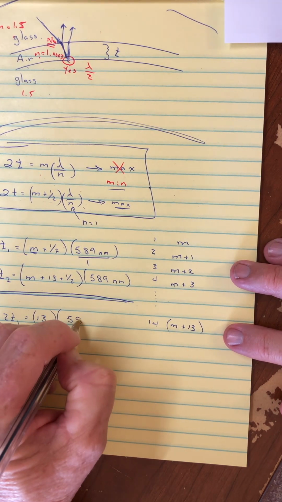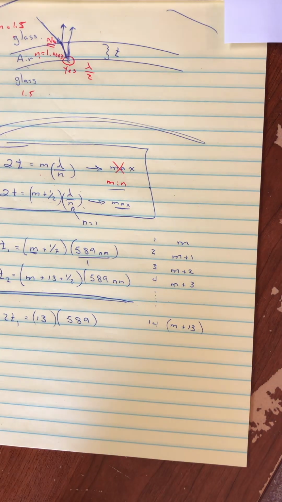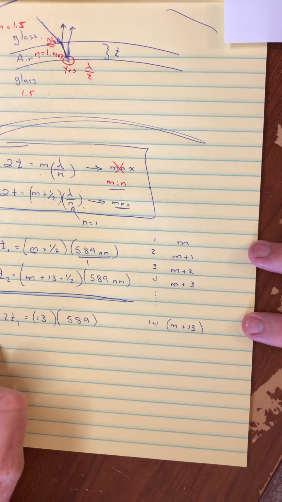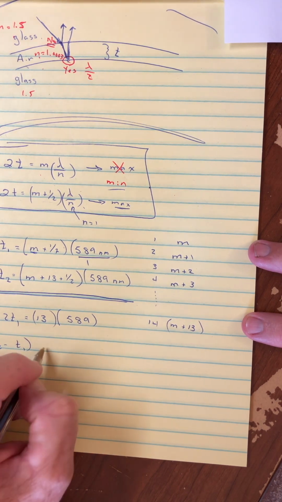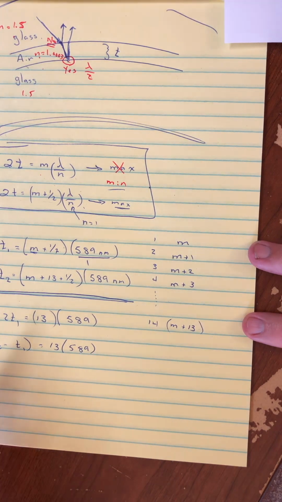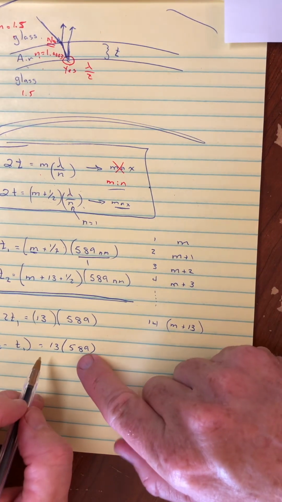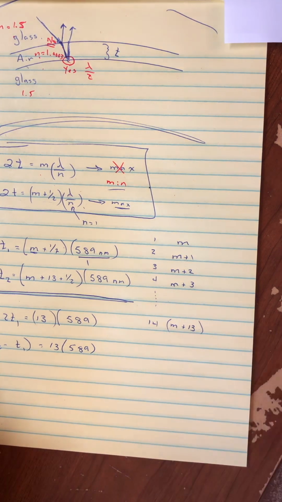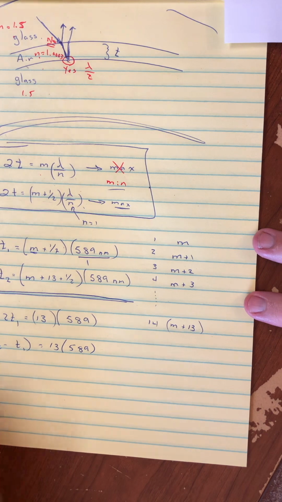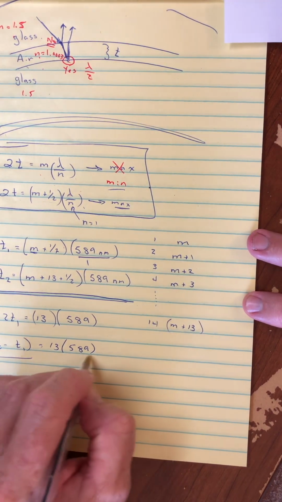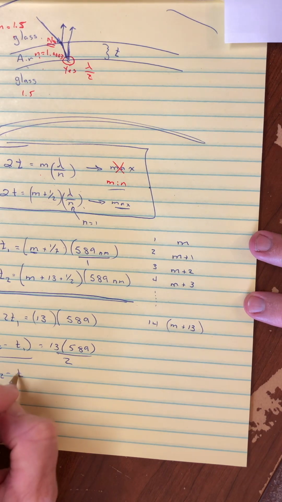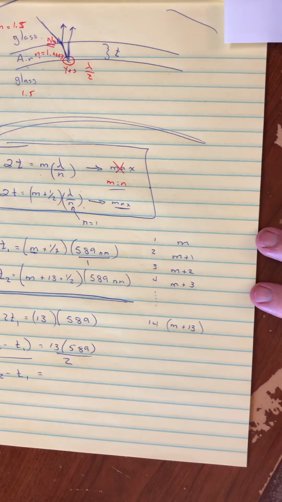Now, if I factor out the 2, I get what I'm looking for here, and that is that this increased by 13 half wavelengths. I'll bring the 2 over here. So T2 minus T1 equals